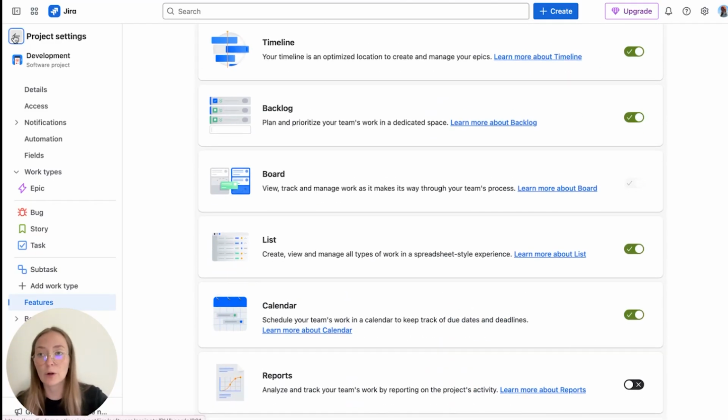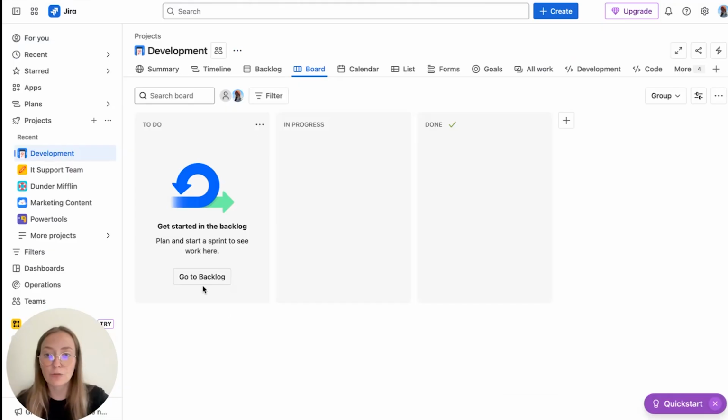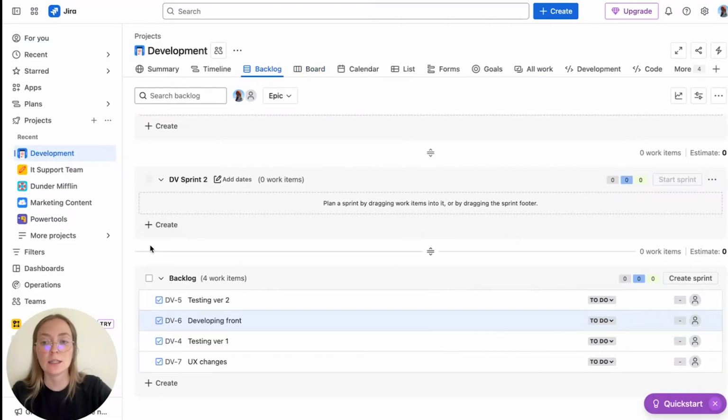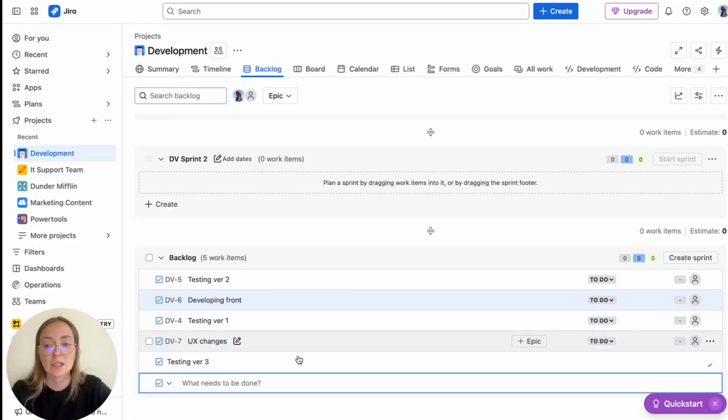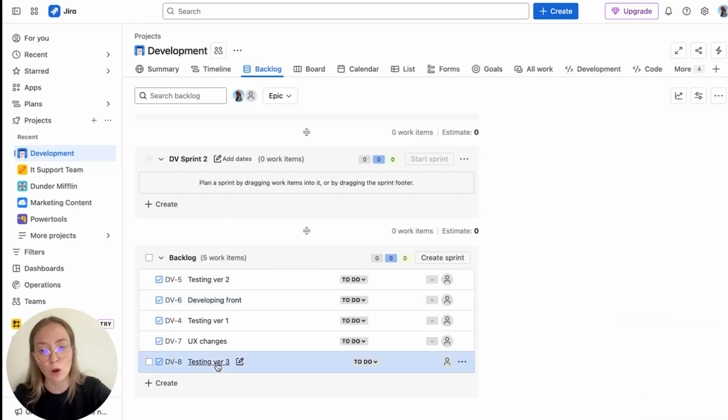Let's go back to our project and let's start from backlog. We are in the backlog view, and let's talk about what we have here. First of all, you have a shortcut to create work types from here. You can choose your work types and put some description. Testing version 3. It's a shorter way than creating here with the create button, but then you have to open it